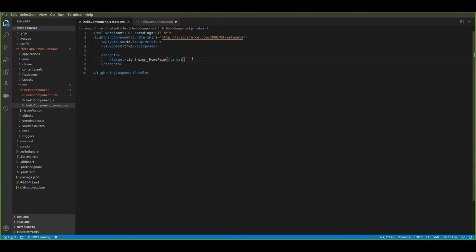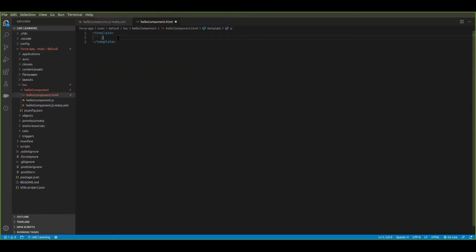We can create multiple targets, like home page, app page, and record page. It will be visible on the home page, app page, and record page. So coming to the HTML file, we can write an h1 tag, Hello World,